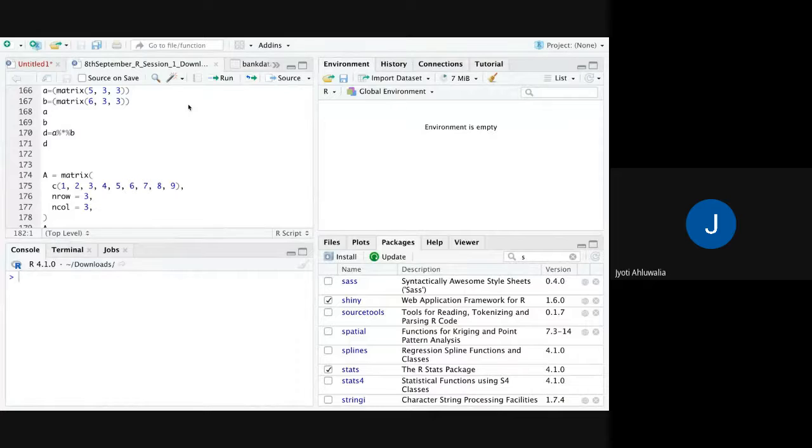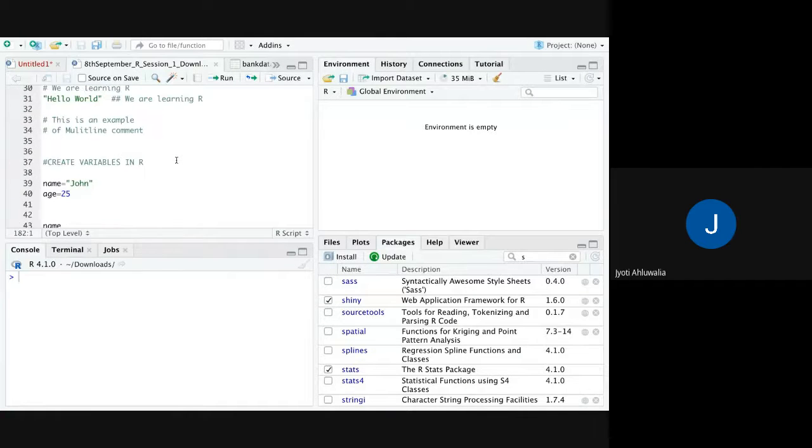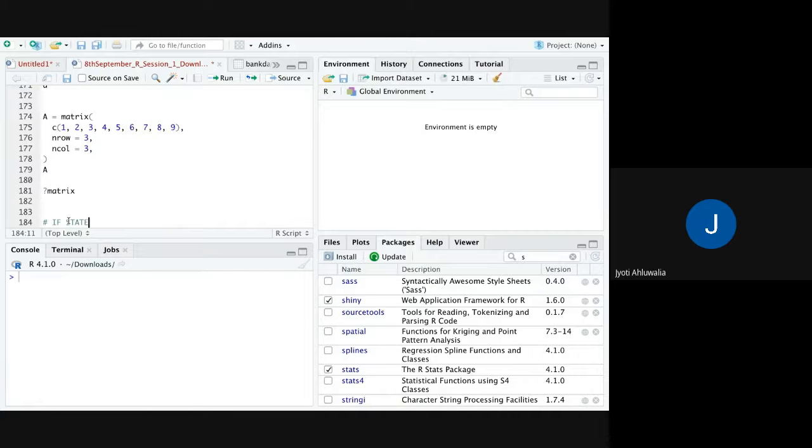This was our session. We had done so much in the last class. We talked about matrix, and now we do some if statements.